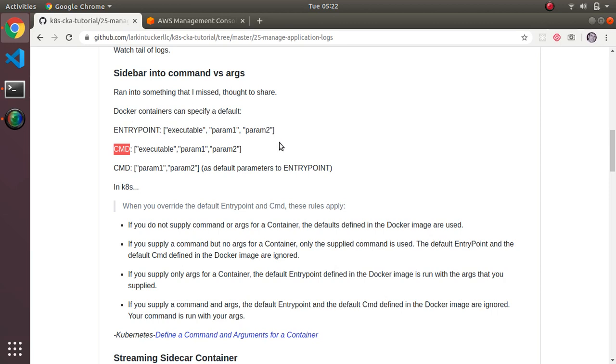So in the world of Docker, entry point is pretty much what it says, the entry point. It starts with an executable and then as many parameters as you want. It always starts with an executable, which tells you what file you're going to execute in the container, and then the parameters are parameters to that executable. Now, if you supply a command also,